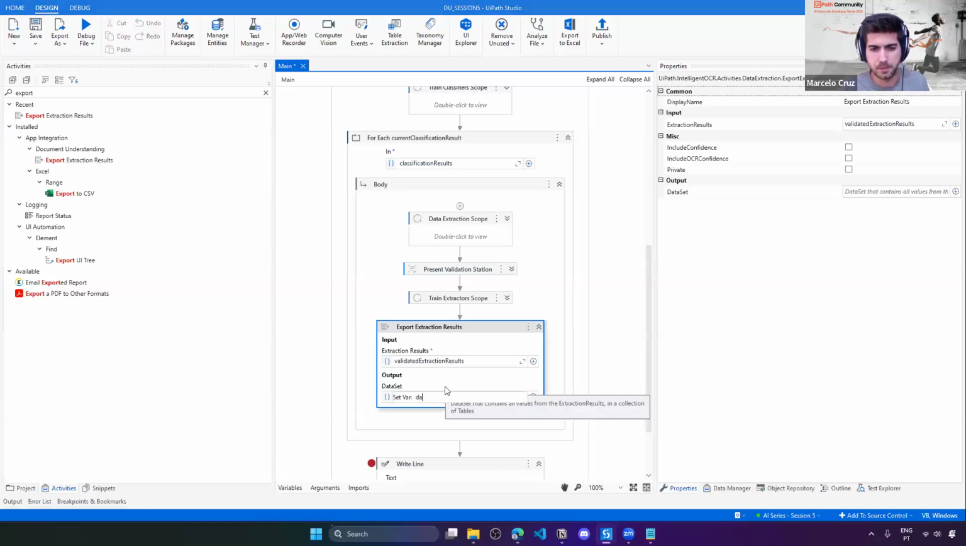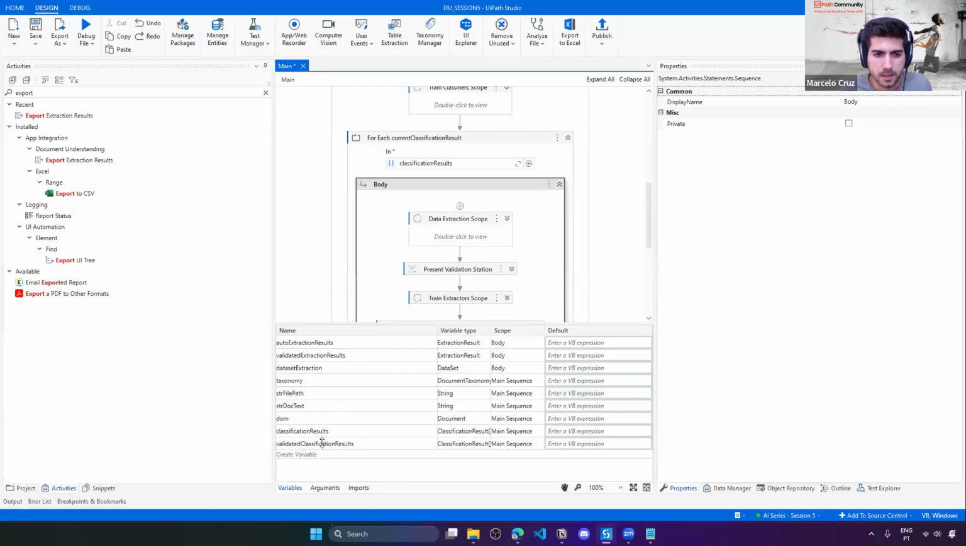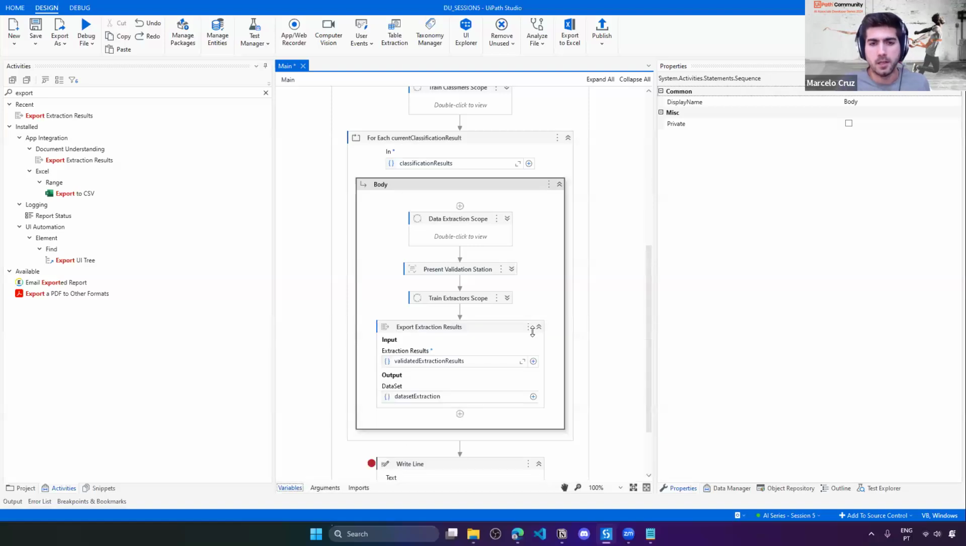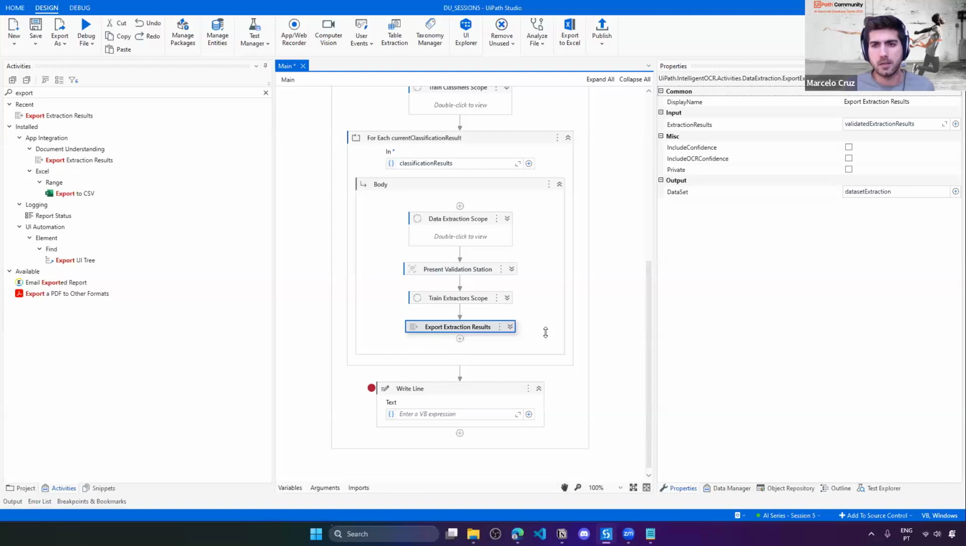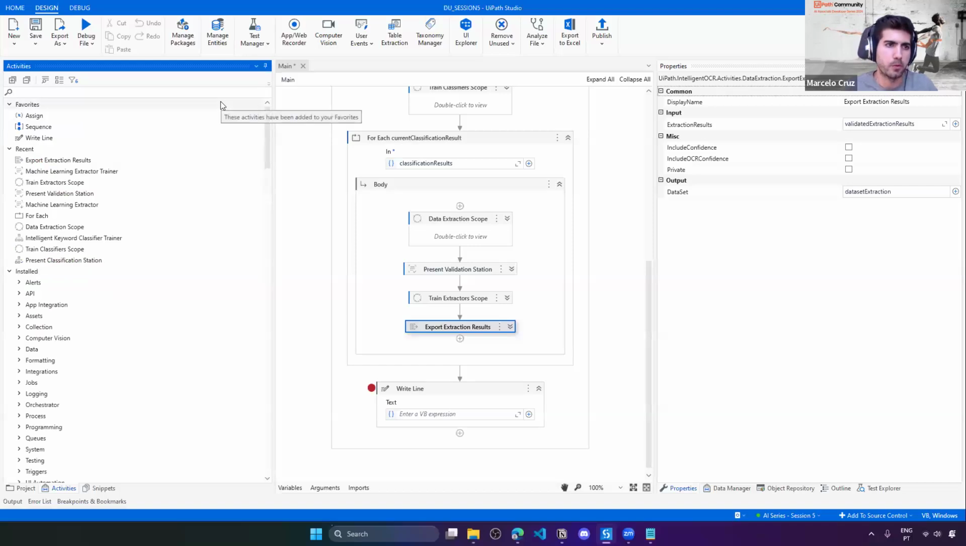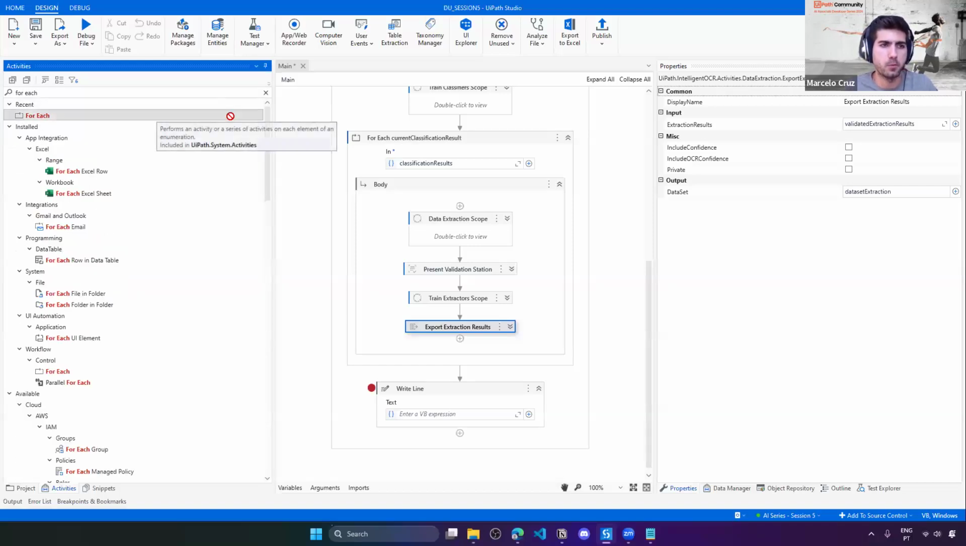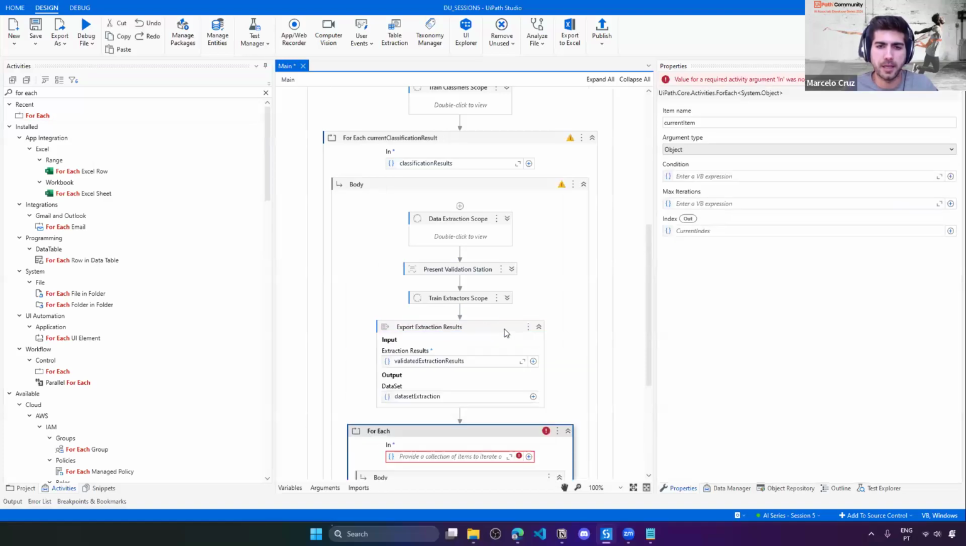So here, I'll just name it, for example, dataset extraction. And you can see here, on the variables panel, the dataset variable type. So with this, we can now do what we want to do with the data. So let's imagine the scenario that we want to export the extraction to an Excel file. So here, we will use first the For Each activity. And why? So for each extraction,